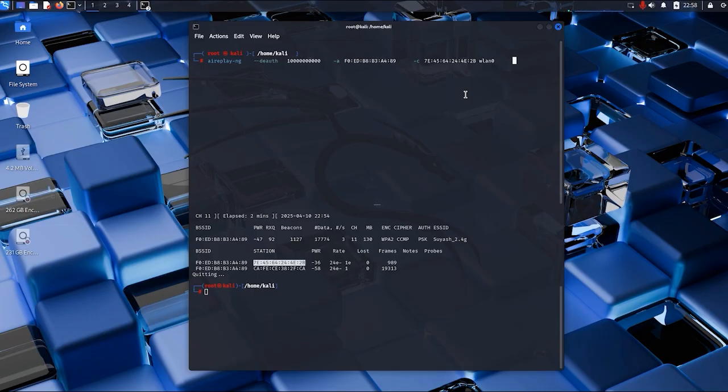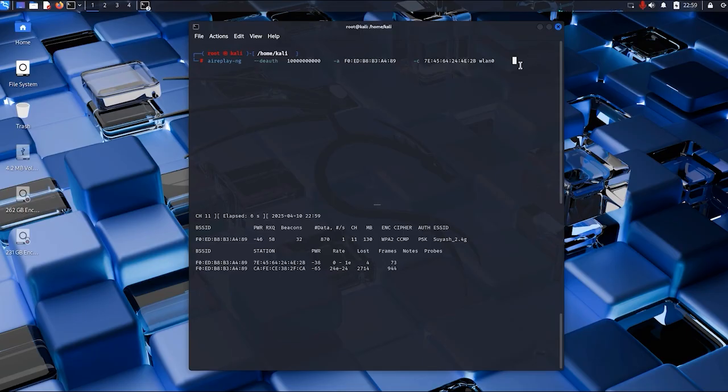But this might fail because to perform this we have to continuously run Airodump-ng. So here we will run Airodump-ng again, and this time we won't save this file, so we will just clear this prompt here and hit enter, and as you can see Airodump-ng is running here.